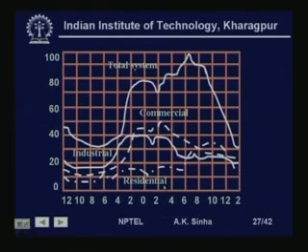Now, as we see from this diagram, which is a typical system load profile, what we are seeing is that the system load is never constant. It keeps on changing at different times. We have a very low loading at early morning time,